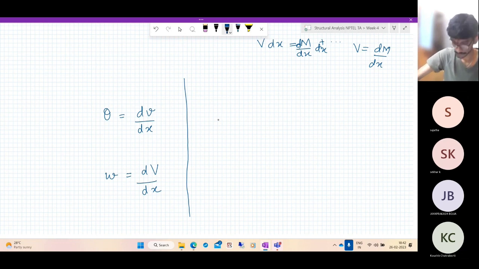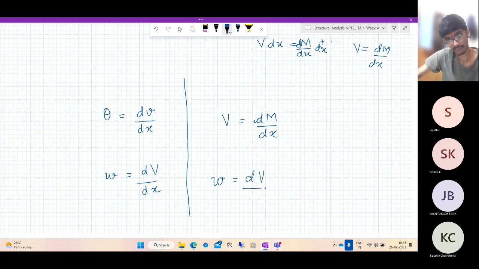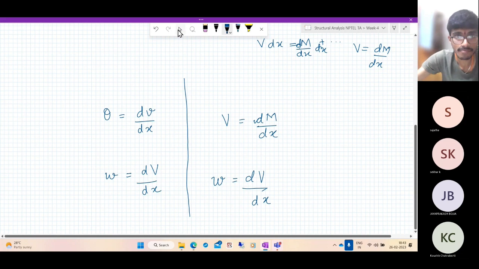And on this side, you have the load intensity w equal to dV by dx. Now, if you see, these two systems have the same